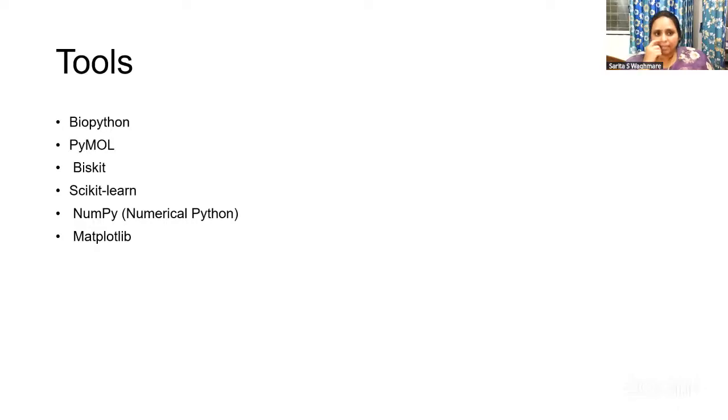So the tools, as I have given here, are different tools: BioPython, PyMOL, then Biscuit, then Scikit, NumPy, and MATLAB. All these tools are used for analyzing the sequencing of microbiological terms, and for visualizations. Once we are able to analyze our sequencing and the disorder inside the protein or the DNA, it will be easy to find out